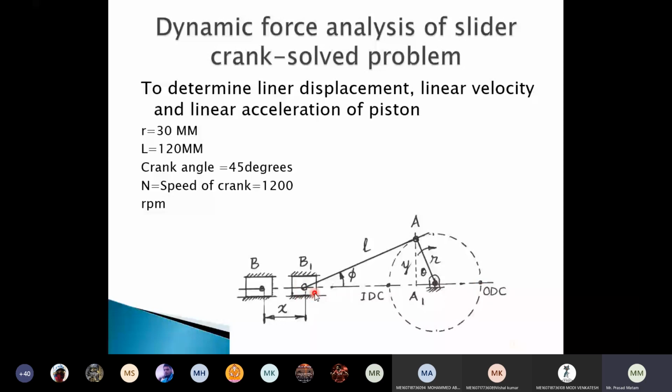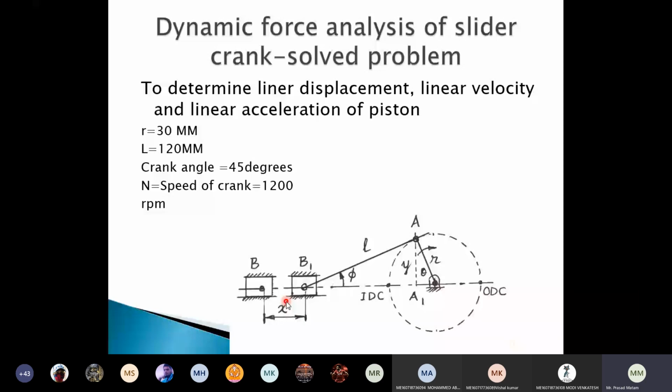Again the piston moves in the reverse stroke. So coming to reverse stroke, when the piston is at B1, the crank is at ODC. Now what is happening? The piston moves from B1 to initial position B. Again the crank moves from ODC to the inner dead center. Now this is in motion. As the crank is rotating, the connecting rod and piston are sliding. When the piston is sliding, your aim is to find the displacement made by the piston. What type of displacement is it? Linear displacement and linear velocity and linear acceleration made by the piston. Our aim is to find linear displacement, linear velocity and linear acceleration.